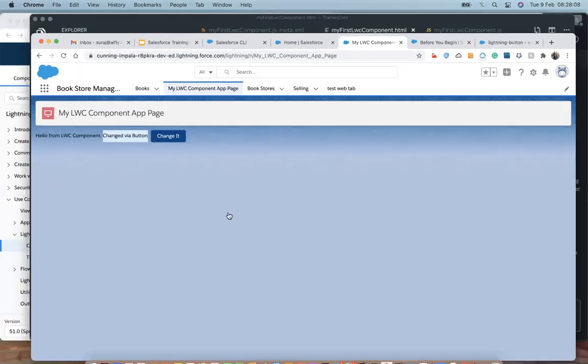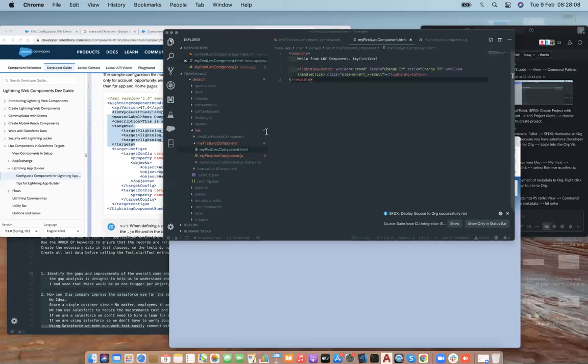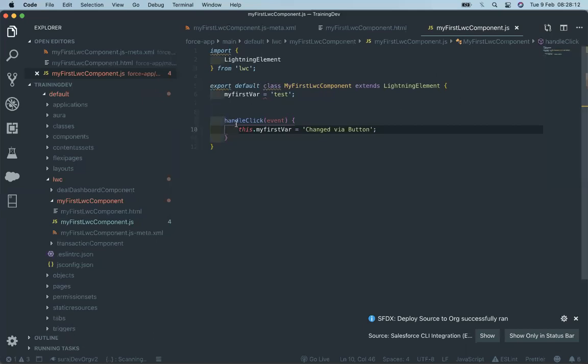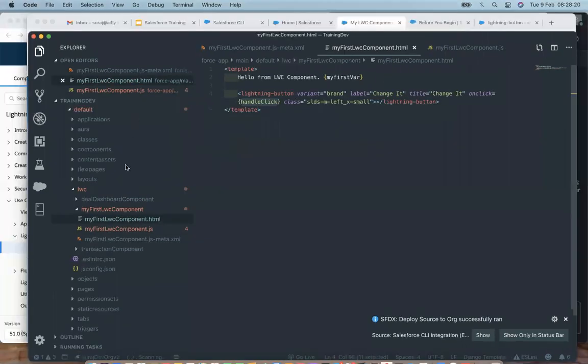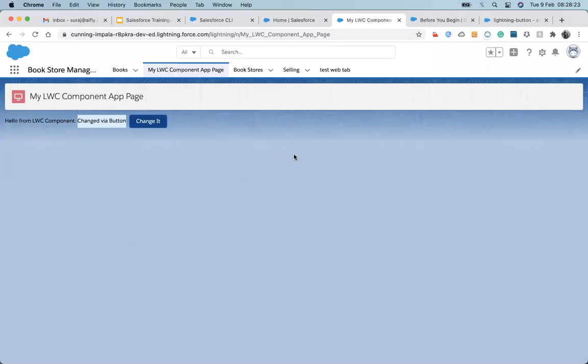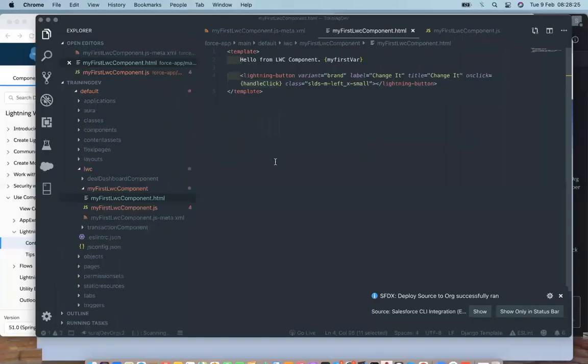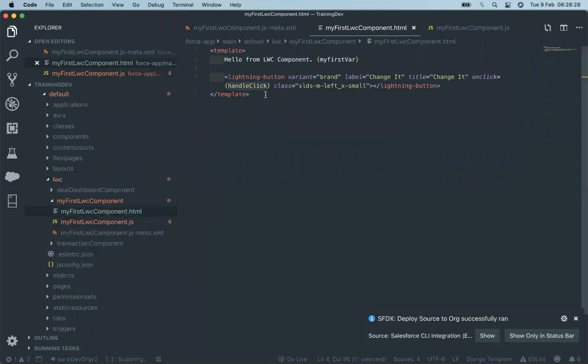Okay. So in this way, we declare a method inside a JS. We are declaring a method inside the controller and use that method to work with any of the button clicks or any of the clicks. We can just use that method so that it will work with any of the input buttons or any of the events that we can generate.